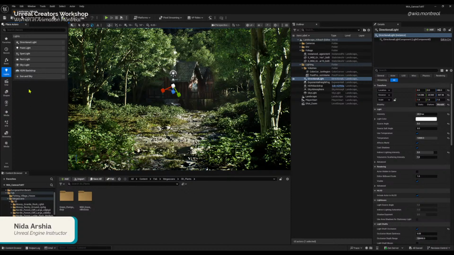Now it can be slightly intimidating and overwhelming in the beginning because there are too many things in the editor, and you have a content browser here also which has assets. Then you have some assets that you can get from Place Actors also.